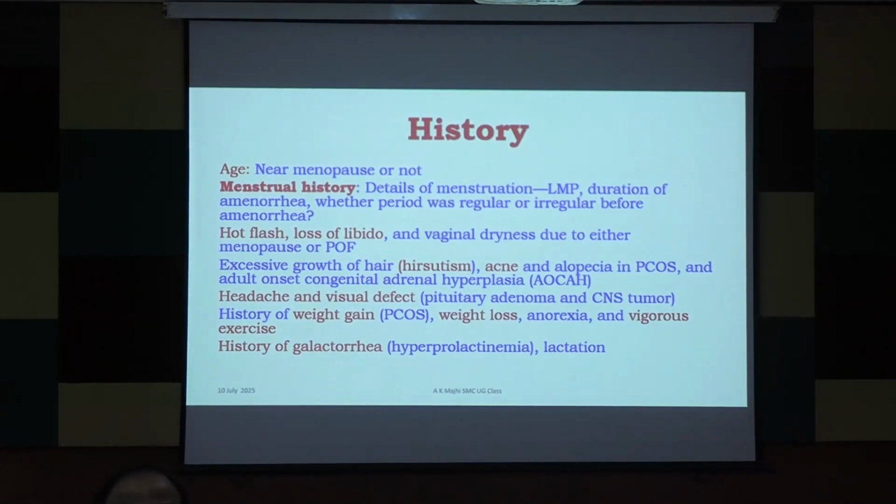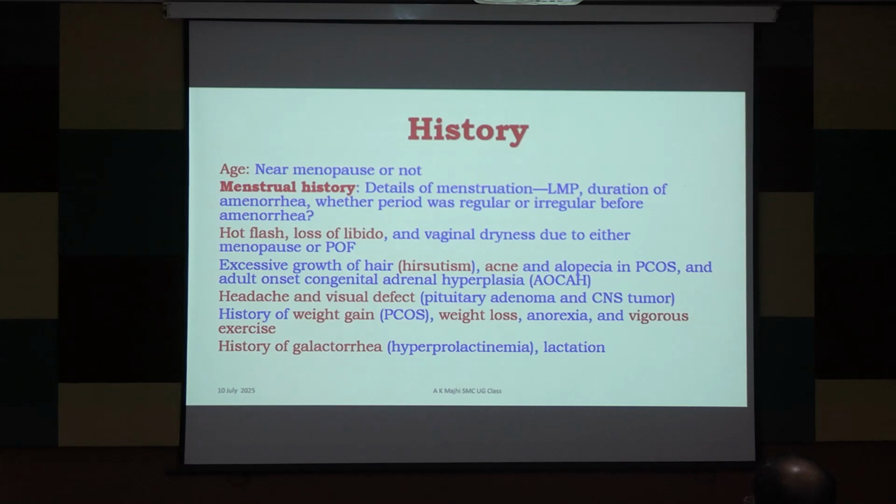Which date is the onset of the menstruation, and what is the duration every month? Over 6 to 12 months you will get an idea whether it is physiological or pathological. Then ask about hot flashes, loss of libido, and vaginal dryness, due to either menopause or premature ovarian failure. Excessive growth of hair,